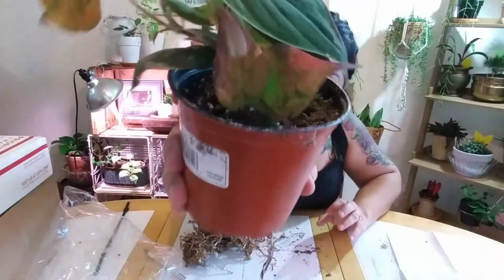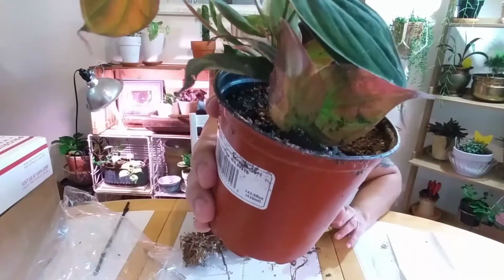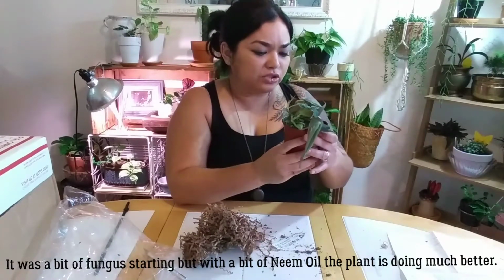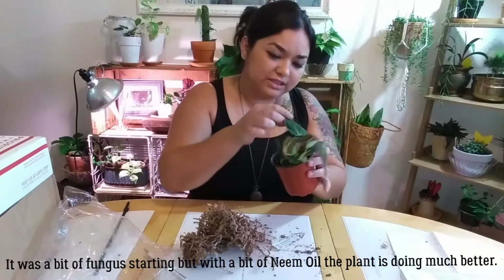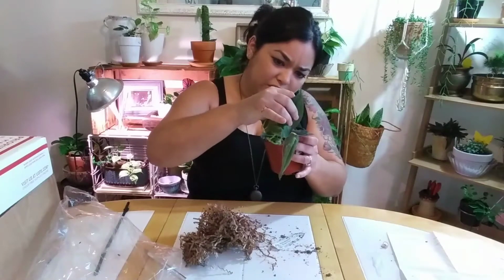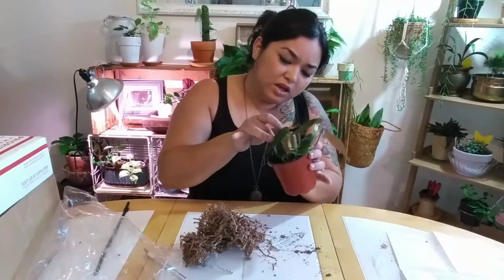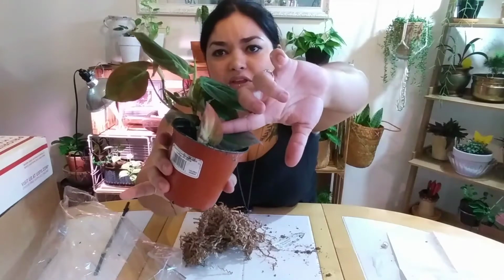So I'm not sure what that is, or if you guys are even able to see it, but there's a bunch of white little dots. So I'm not sure what it is. I will message the vendor and see what they say, because I'm not sure what that is. And it does have a yellow leaf over here, a leaf that's not very healthy, and